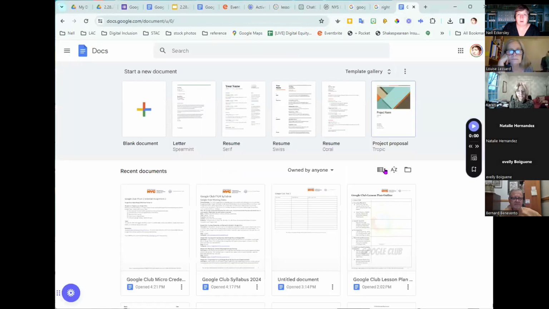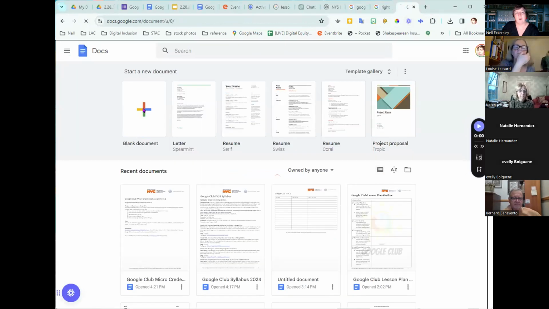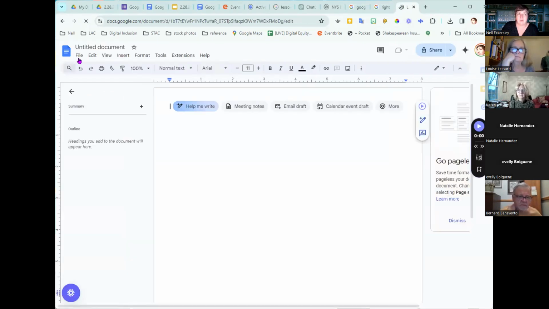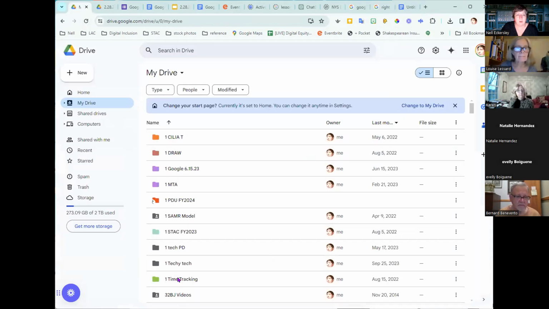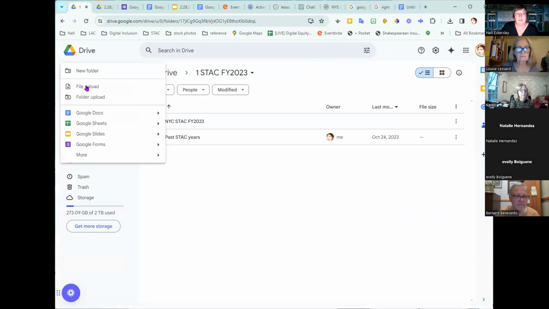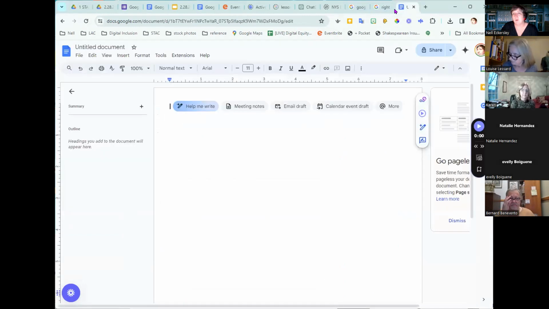So let me get rid of that one. Okay, so if I'm opening a new document, it's just going to sit in my drive. So I'm going to have to be very careful at the end to remember where I want to put it, right? Personally, I prefer to go through my drive because I can say, okay, where do I need to make a new document? I'm going to do it inside here. And I open up that folder. And then in here, I do new, and then it knows to put that new doc in this folder. If I just make it new out here, it hasn't been saved anywhere yet. It's just going to be my drive. So I'm going to have to move it afterwards.